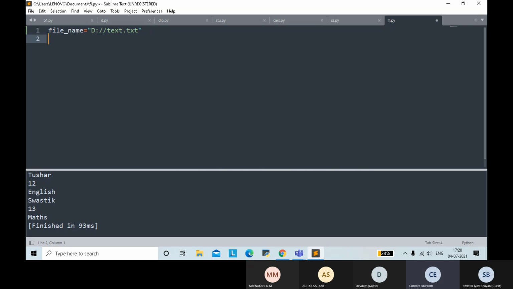Now say with open, file name, as file colon, enter. Print file.read.